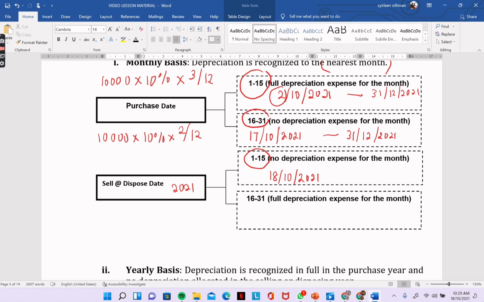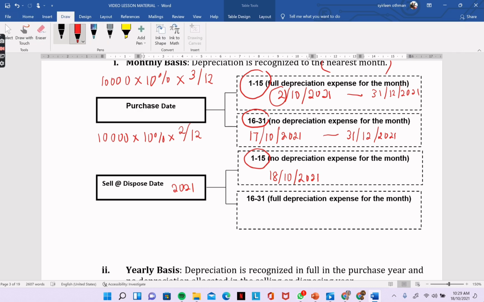Okay, so bila kita jual, I got the date silap. Okay, so let's see. Okay, saya nak jual, okay, I nak jual aset tu 11 hari bulan. Okay, 11 hari bulan lah. Alright, so if I'm selling the asset on 11th of October, so how many months will be calculated as the